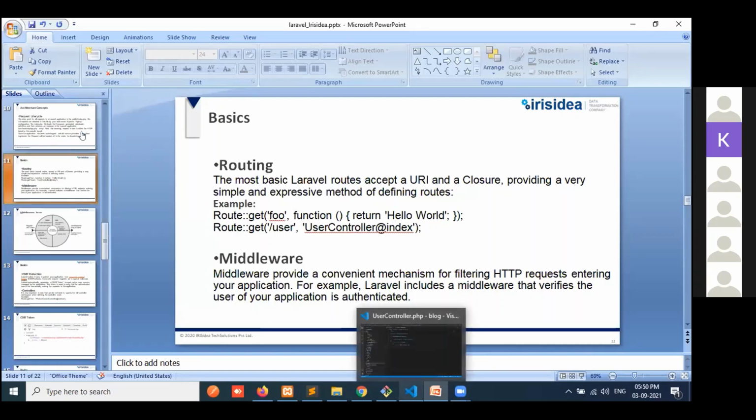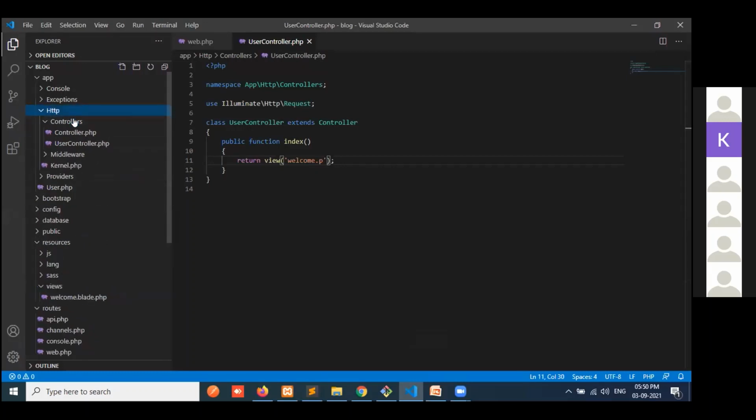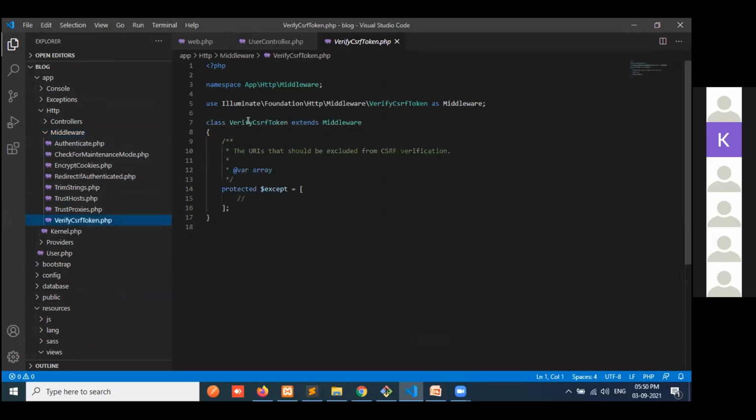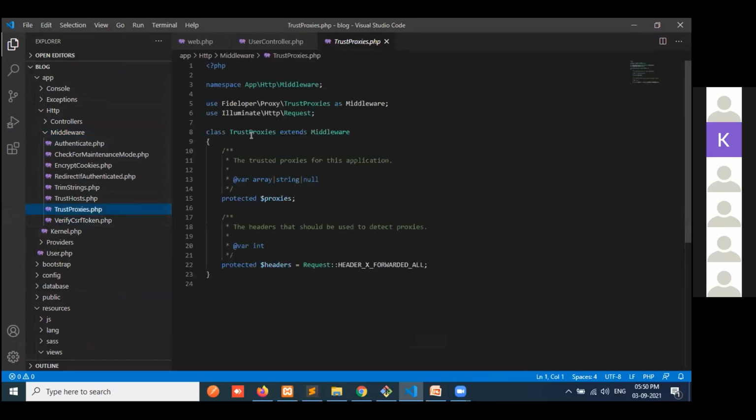So here is the middleware. Okay, inside the app, http and middleware folders, everything here will check: verify CSRF token, whether trust proxy is there or not.